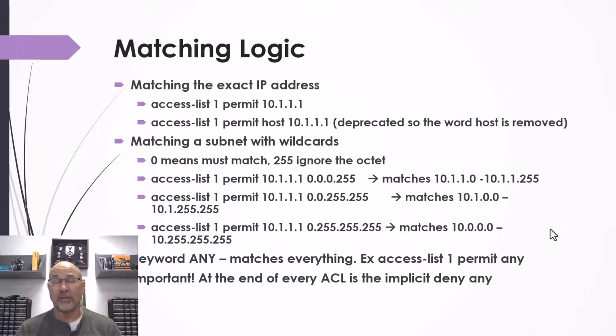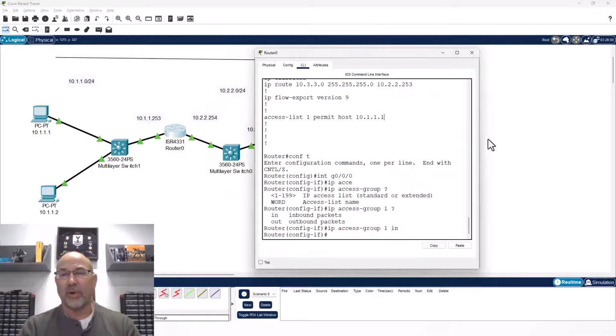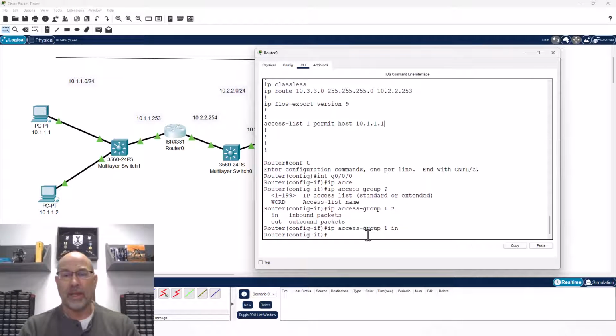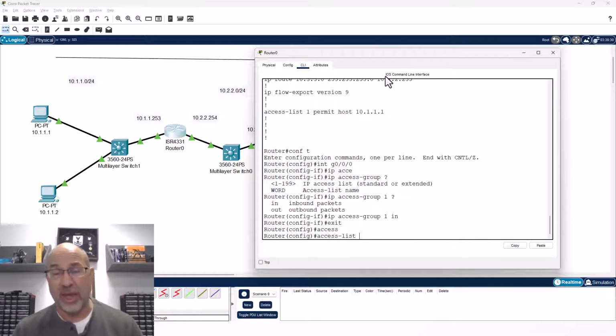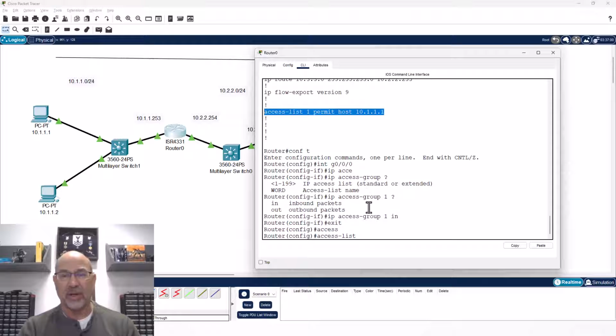on the OneNet. So if on our router, I'm going to go back to our access list, and I'm going to say access list. Now there's going to be a couple things that happen here. We're going to see that editing access lists on a router is not always as easy as we would hope, but I'll cross that bridge in a second. We know that we have this rule. So what I'm going to do is add another rule to access list 1. And I'm going to say permit, and we'll say